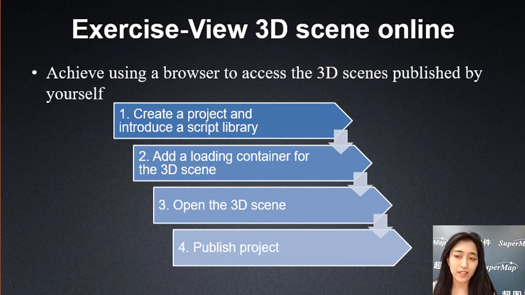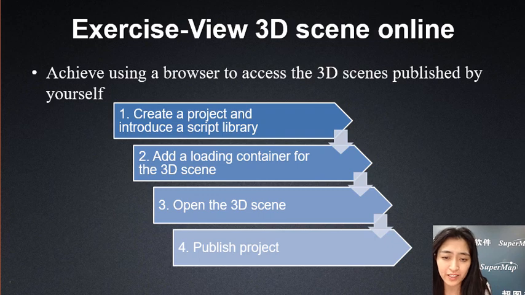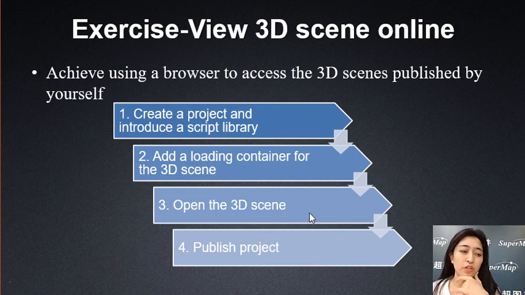After we edit the code, we should put the project in the web apps directory, then start the app server and publish the project, and pass the corresponding address to access the scene. So we open the 3D scene and published project by adding our folder to the web apps